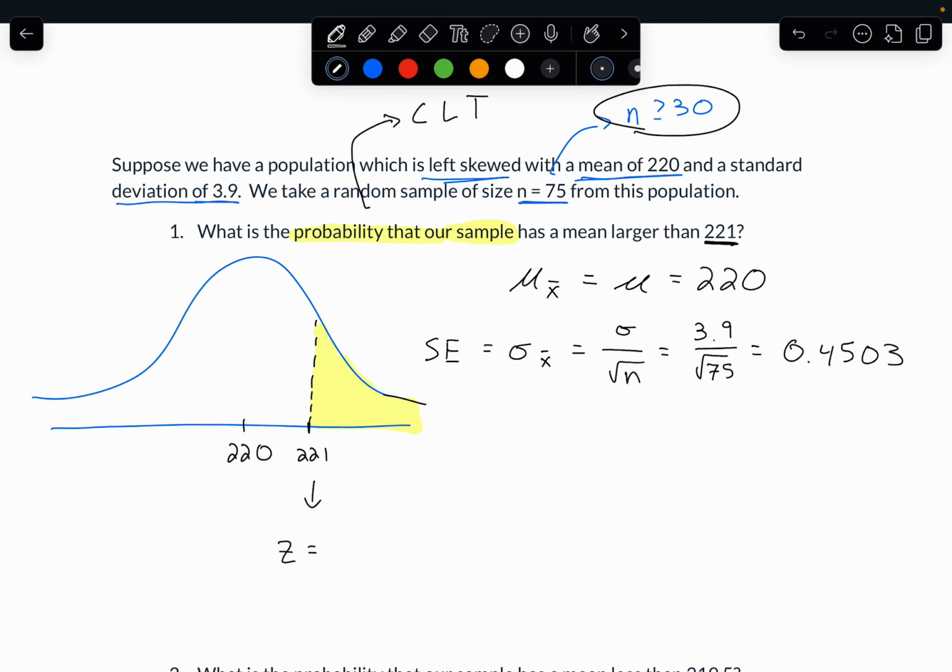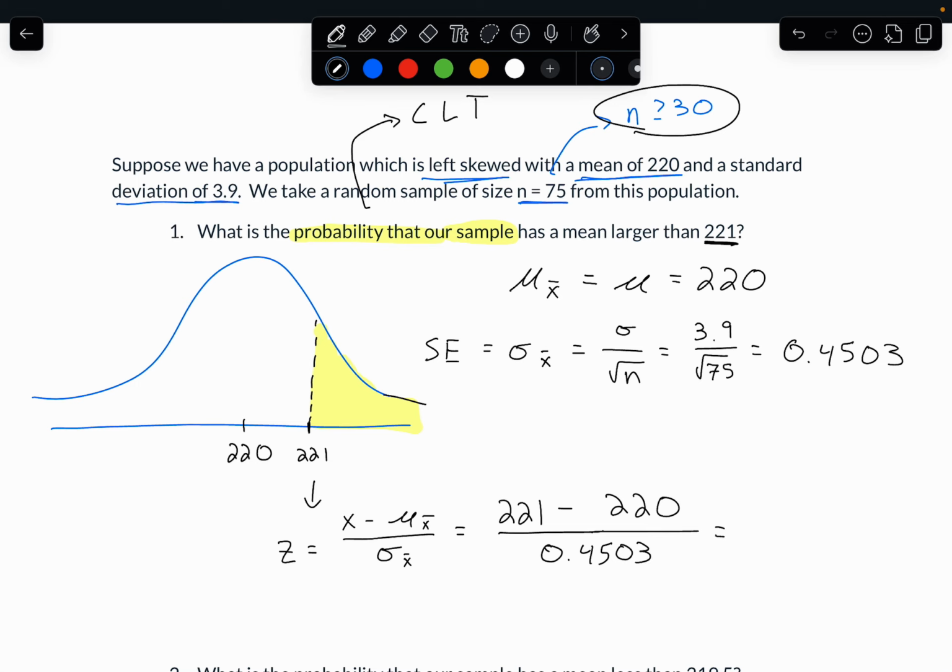My z-score is x minus the mean divided by the standard deviation. Really, the only thing that's going to change here is that we're talking about the mean of the sampling distribution and the standard deviation of the sampling distribution, which we've already found up here. So my x is my observation. That's the number that the question is asking about, which in this case is 221, minus my mean, which we said was 220, divided by the sampling error, or the standard deviation, which is